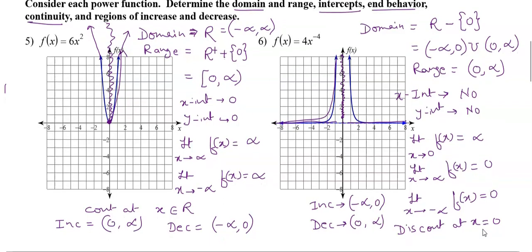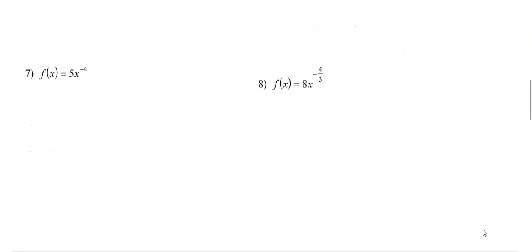Have a look at number 7. This time the graph is not given to us. So no worries, we will first try to draw the graph. Guys, please understand, this is 5x to the power minus 4. We will better write it as 5 over x to the power 4. Now here we will learn how to draw the graph of such functions. The graph of y equal to 1 over x squared looks like this. I am drawing it for you.